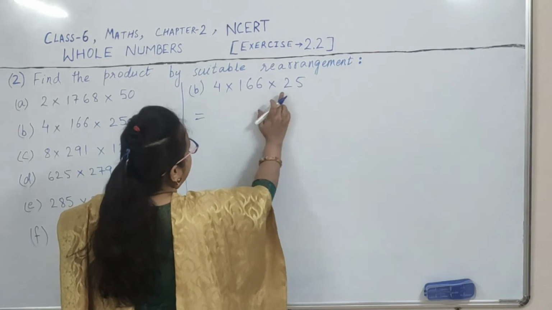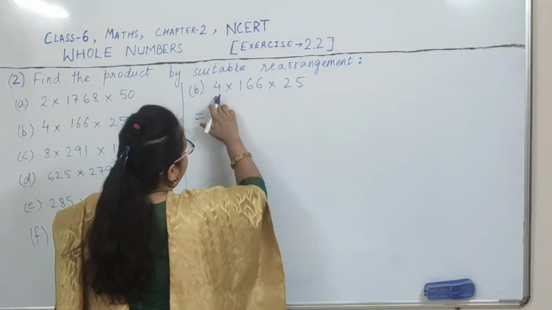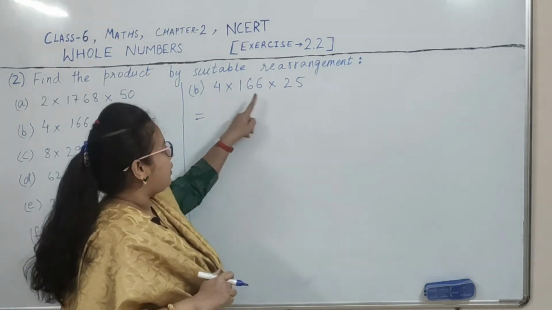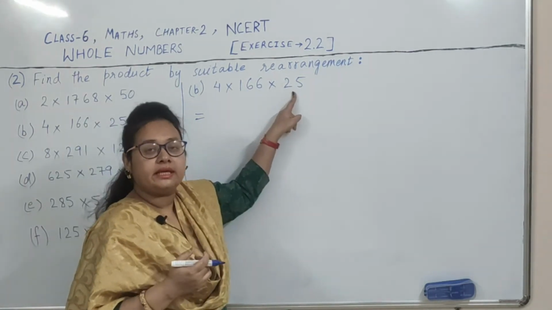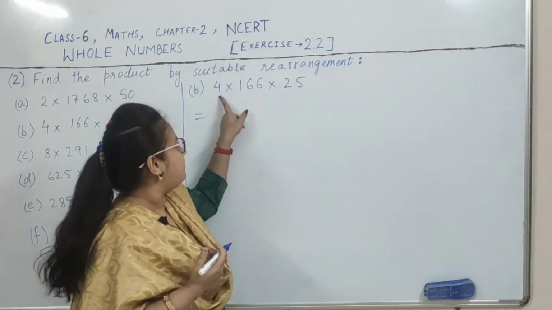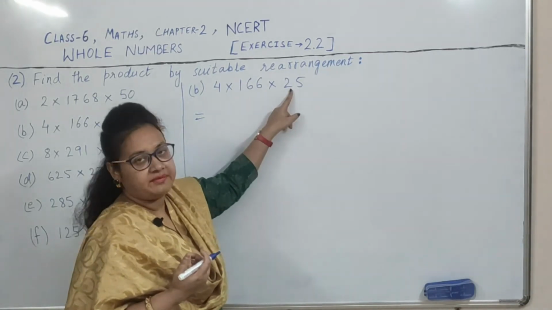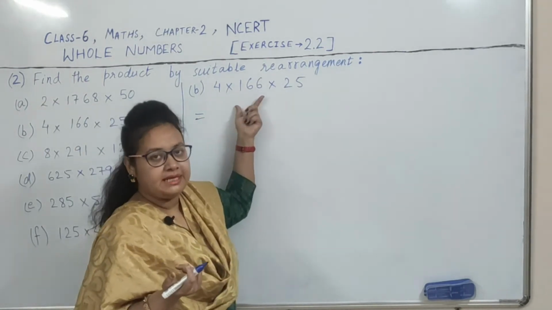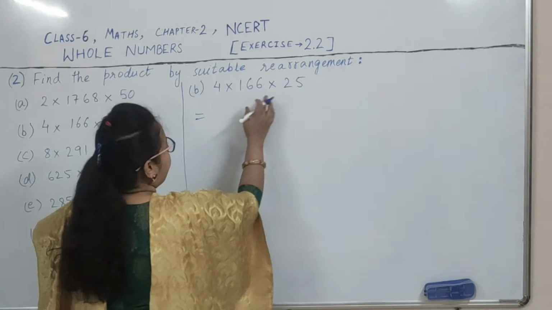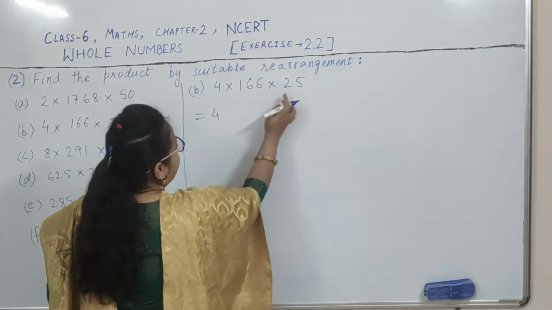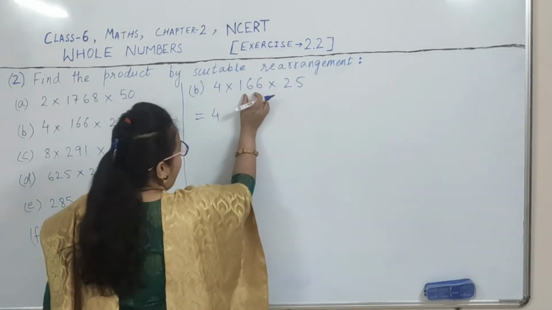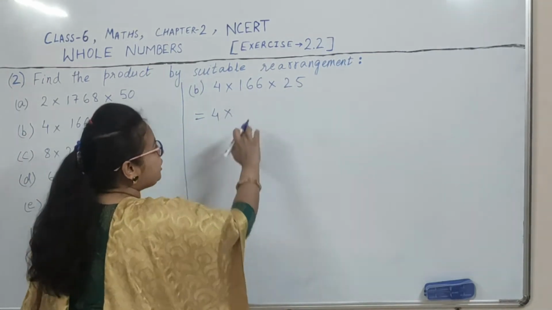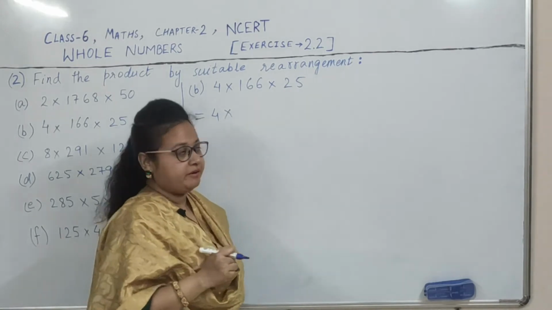So, see, if we do this multiplied by this, 4 into 25, we will get 100, because 4 into 25 is 100. These are little things we have to remember, that 25 4s are 100 or 4 25s are 100. Okay, so 100 multiplied to any number, it is very easy to do that. So what we will do, we will make use of the commutative property. We will get this here and get this here. So this property of interchanging the number is known as commutative property.